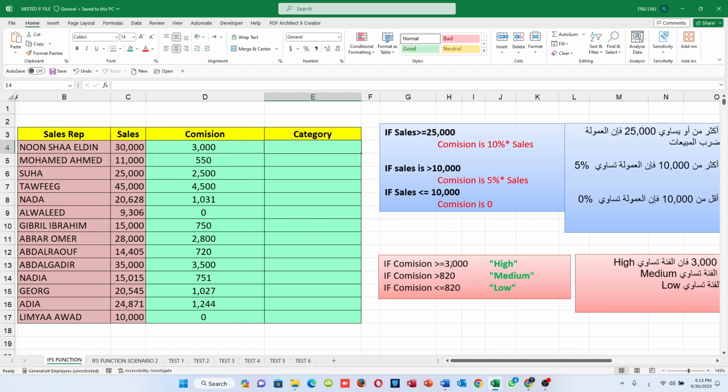So if the commission is greater than or equal to 3,000, then the category should be high, and if the commission is greater than 820, then medium, otherwise it will be low. So okay, let's start. Equals